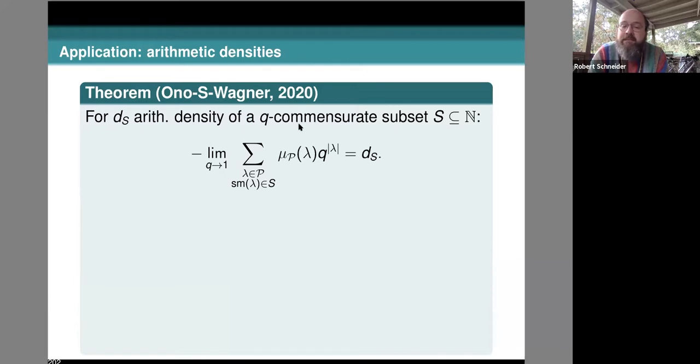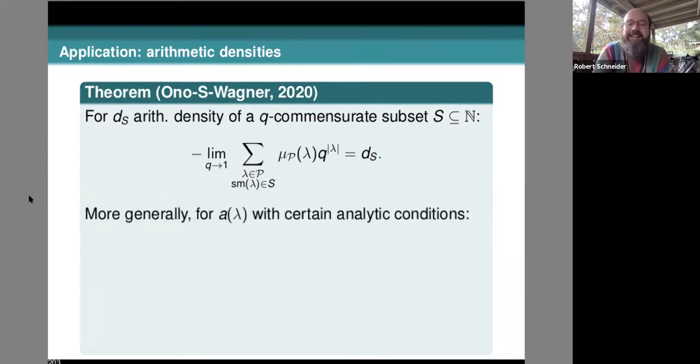You take the same sum as before over the partitions whose smallest parts are all in that subset. This is so interesting because we're controlling the subset, counting it by partitions with their smallest parts in it. There's infinitely many of those out of the much larger infinitude of all partitions. But somehow those infinitudes are in the same ratio as the arithmetic density. It's really crazy, but it's true. It is very, very hard to prove. We've been working on it for so many months.